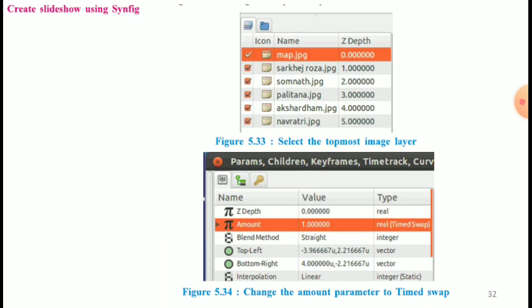Figure 5.34 shows the amount property time swap. This will add new sub parameters before, after, time and length to the amount property as shown in figure 5.35.